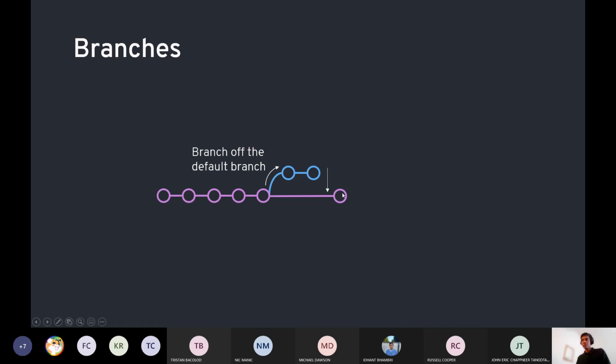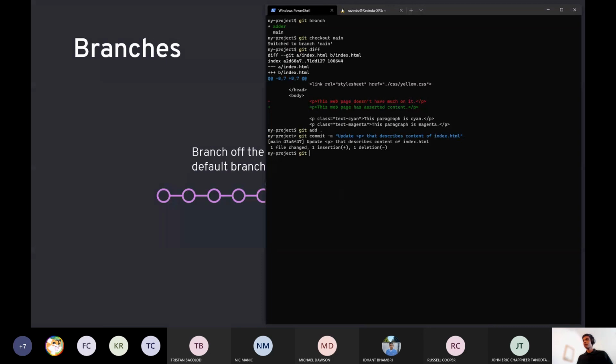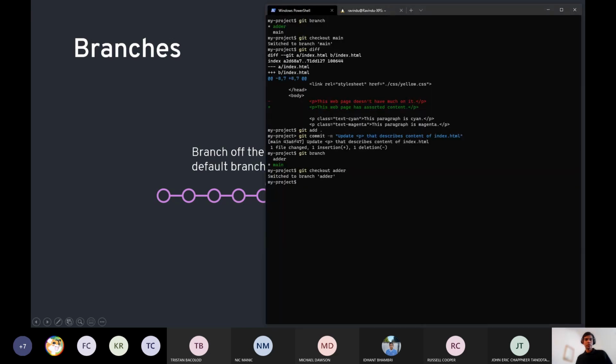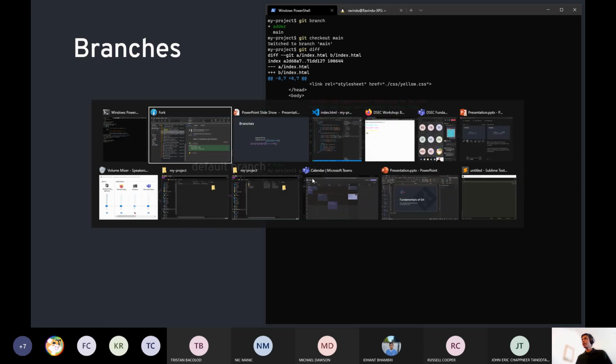We've switched back to main and made a change here. I can switch back to my other branch. So again, git branch shows us the list of branches. I could git checkout adder to switch to the new branch. And I could go ahead and make another change over here. And to do this, the change that I'm going to make here is I'll